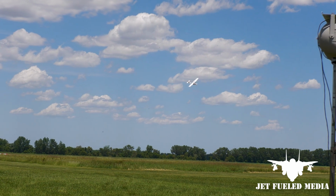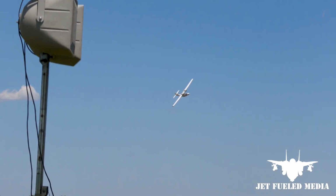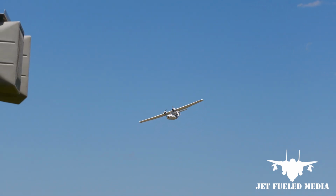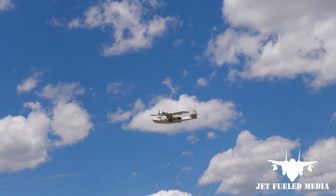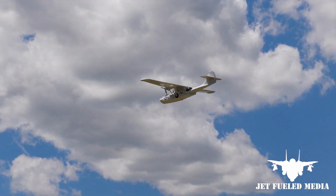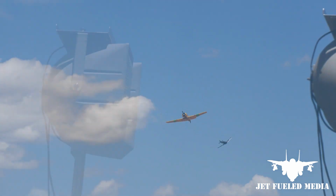I was talking with John O'Connor this morning a little bit about the PBY, and he was pointing out this is like taking a great big boat through the air compared to other airplanes. It is very slow to respond to your commands, especially ailerons to roll like that. You really have to use quite a bit of rudder to get it around the turn. And the thing is, you'll command it to go one way and it starts back again. It does kind of roll through the air. And the problem with that is not to be busy chasing it around. You have to